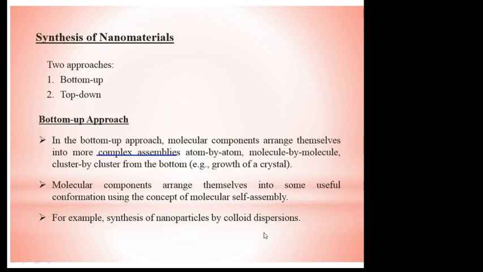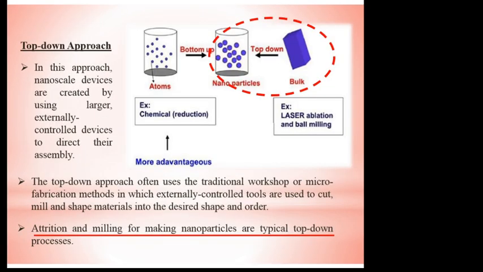A few examples are the synthesis of nanoparticles by the colloidal method. Unfortunately, this year, because of the unavailability of a lab, we will not be able to, otherwise either by visiting a few laboratories or in our own laboratory, you would certainly have a chance to synthesize the particles yourself. Anyway, the other is atom by atom, molecule by molecule, or cluster by cluster. These are the ways. The other approach is the top down approach. The bottom up approach is like what we had already discussed, CVD or chemical vapor deposition and so on. So you are tackling the atoms and reaching the nanoparticles.